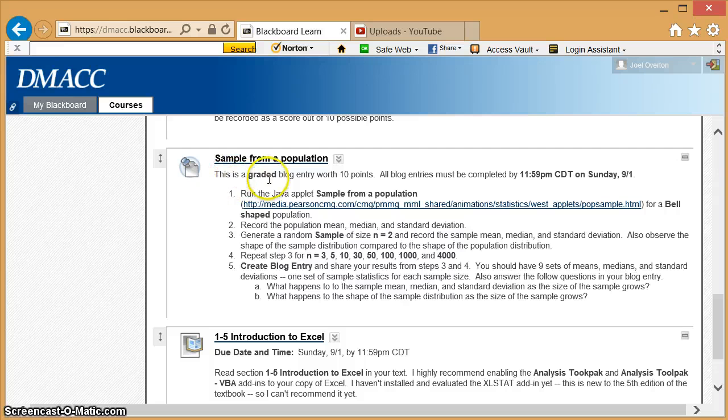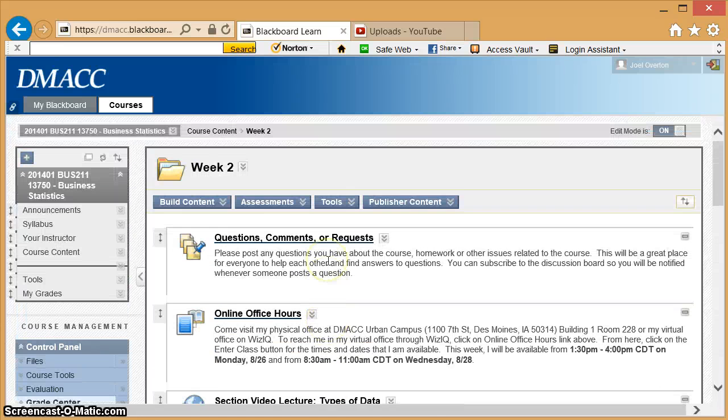Notice this is a graded blog entry worth 10 points. All blog entries must be completed by 11:59 on Sunday, in this case, September 1st, the day before the holidays. So in this case, this is a graded homework problem that's outside of My Stat Lab, entirely within Blackboard. So be on the lookout for that.